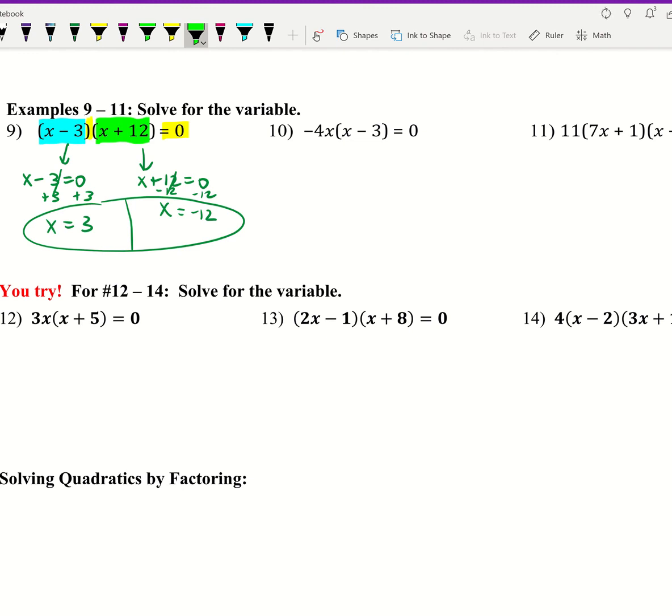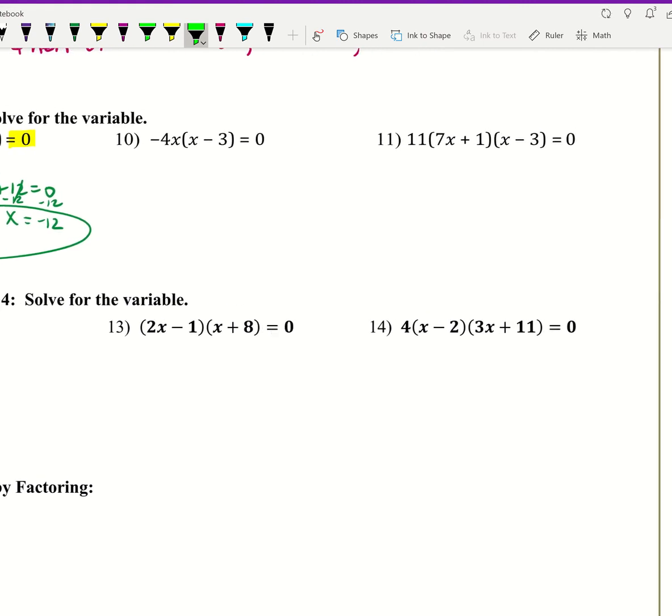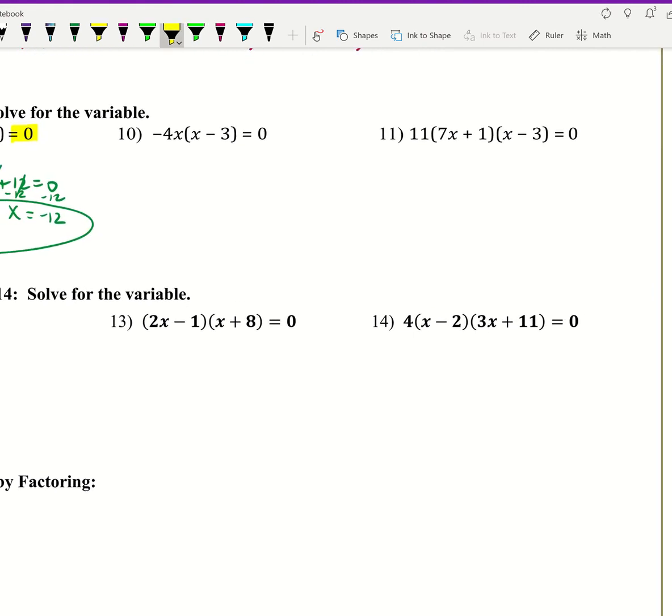Basically, what I'm doing when it's addition and subtraction inside the parentheses, my answer is just the opposite sign that will allow it to 0 out. All right, let's take a look at number 10. Again, I have two things that are being multiplied,